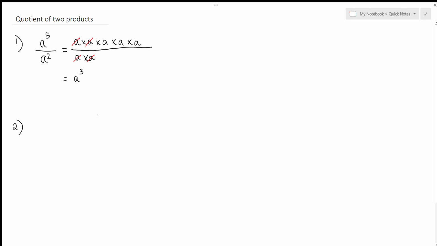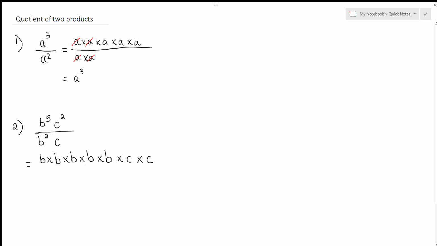Number 2, we could have b to the power of 5, c squared divided by b to the power of 2, and here we would have c. Now, if I expand my numerator, which is the top part, I'm going to have b times b times b times b times b. There are 5 b's here. 1, 2, 3, 4, 5 times c